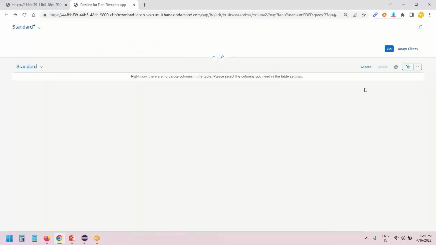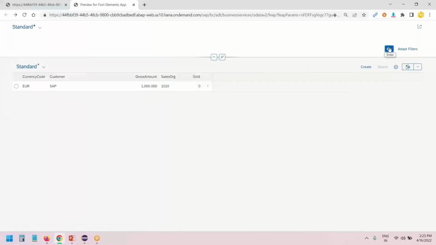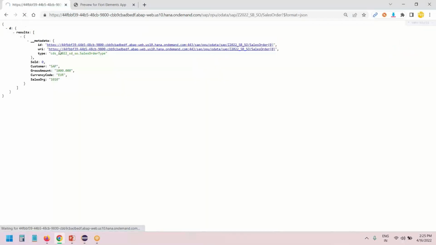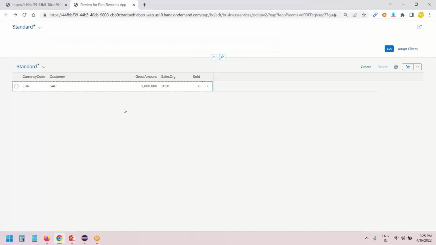A new sales order has been created. Let me refresh the page and just select the columns. And there you go. You've got one sales order created in the system. Fantastic. At the same time, if you go to the OData service and refresh, you've got one record also created for you. Fantastic. So this is how exactly in just 30 minutes of time,